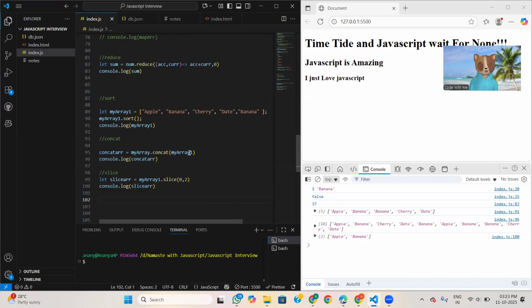See, as I said in the definition, it will return a shallow copy of a portion of the array into a new array, and it starts from start and end, and it will not include the end part. So if this is the zeroth index, this is the first, this is the second index, it will not include the second index, and it will make a shallow copy of the array, and it will return these two values. So this is what exactly happens in slice.